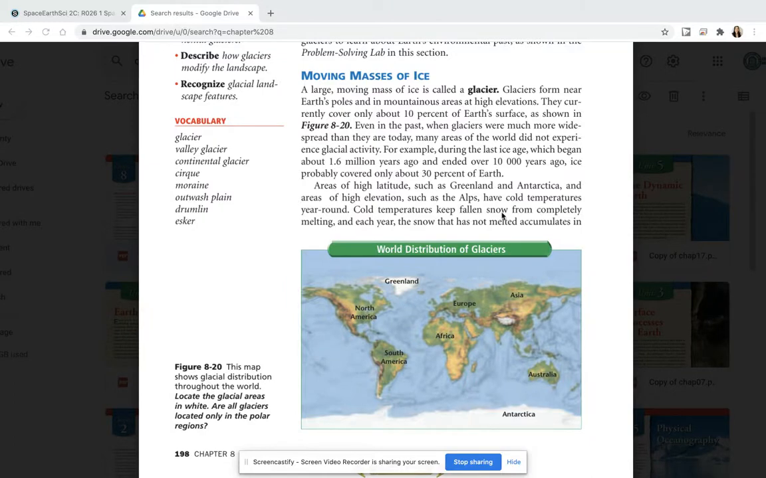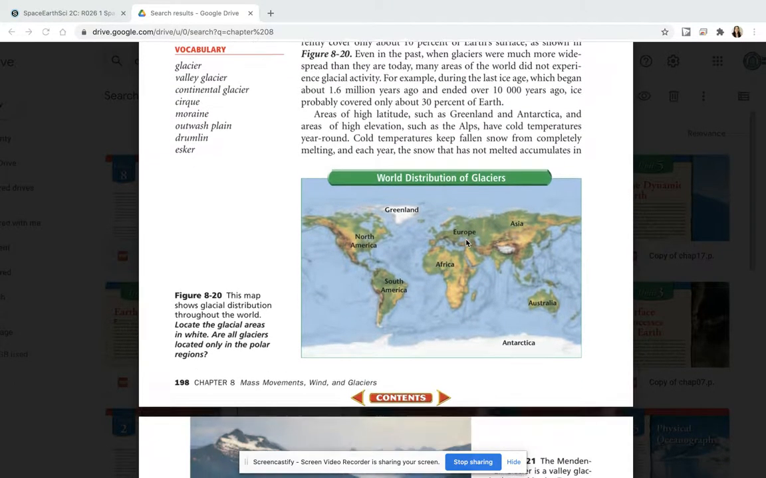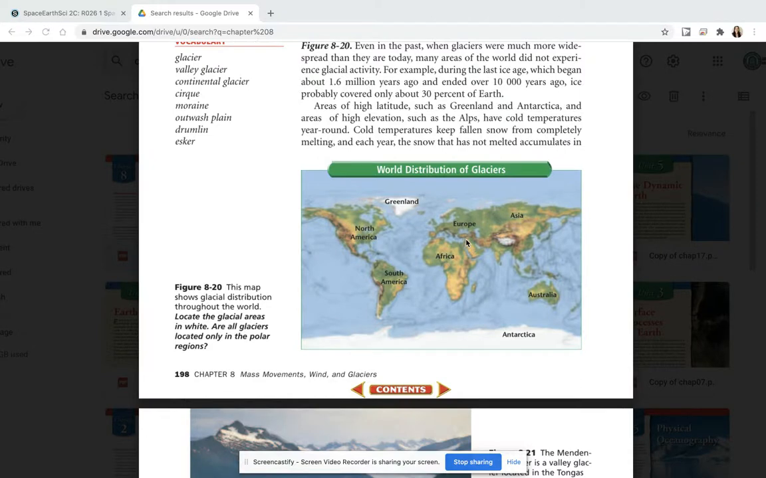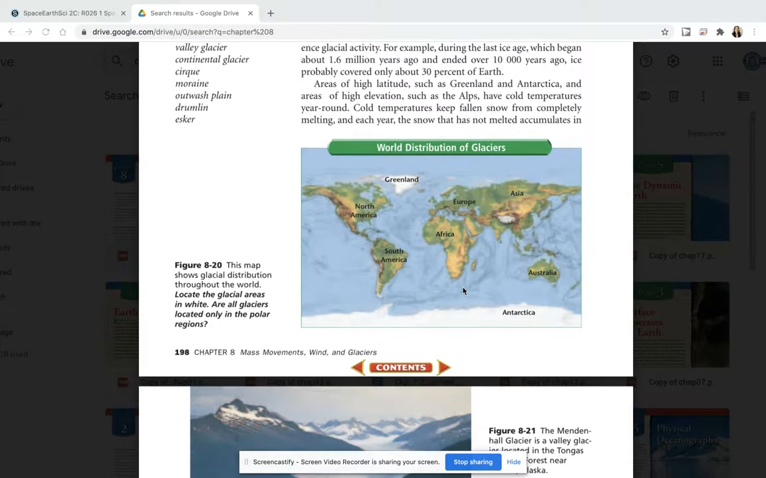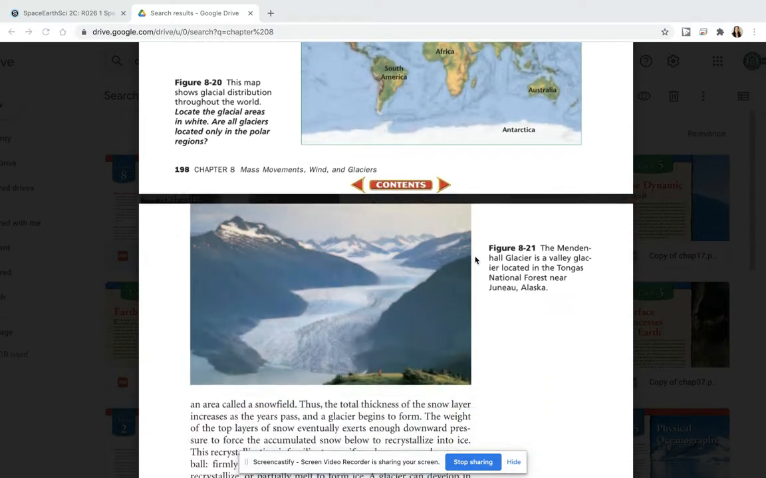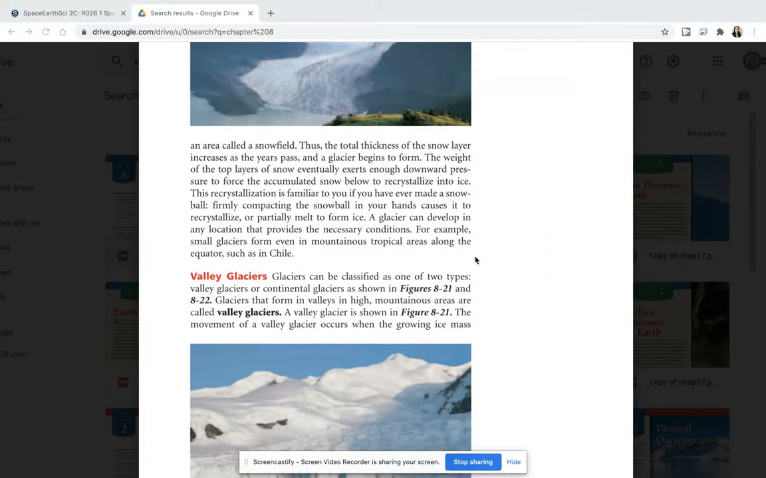Areas of high latitude, such as Greenland and Antarctica, and areas of high elevation, such as the Alps, have cold temperatures year-round. Cold temperatures keep fallen snow from completely melting, and each year the snow that has not melted accumulates in an area called a snowfield. Thus, the total thickness of the snow layer increases as the years pass and a glacier